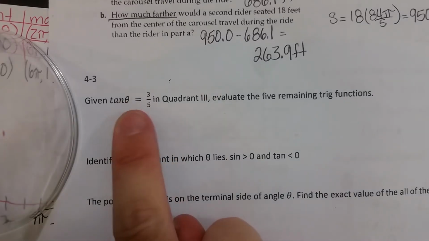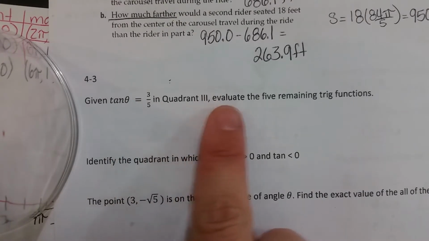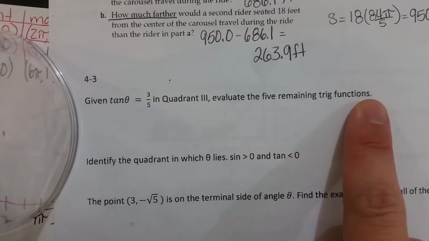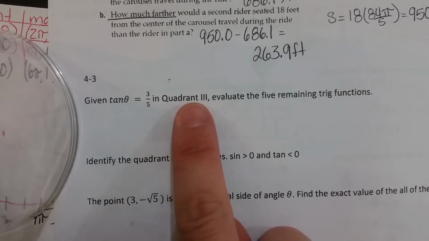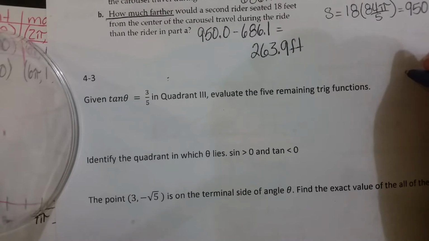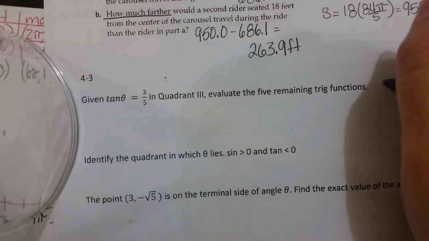Given tan theta equals 3/5 in quadrant 3, evaluate the 5 remaining trig functions. So basically the most important thing here is that you know which quadrant you're in. So I'm going to quickly draw a little quadrant